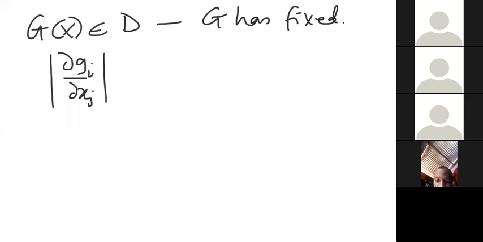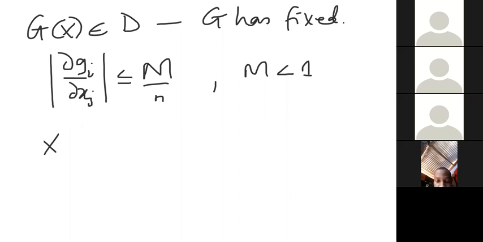If this absolute value is less than or equal to m over n, where m is less than 1, then we'll see that this x will generate the following sequence: